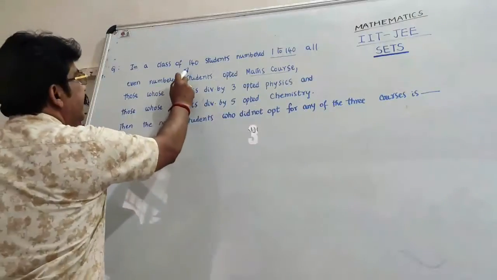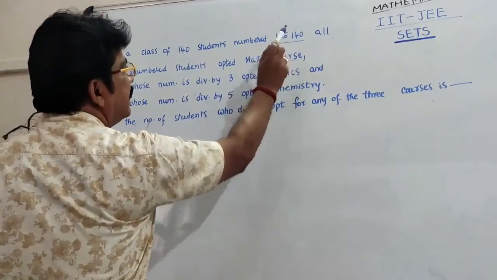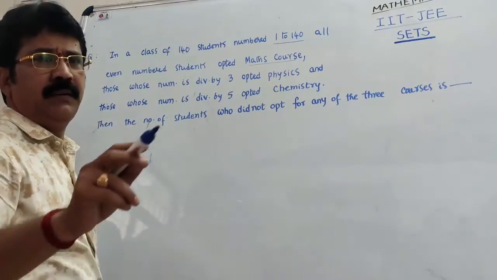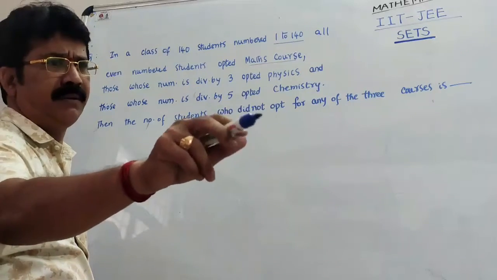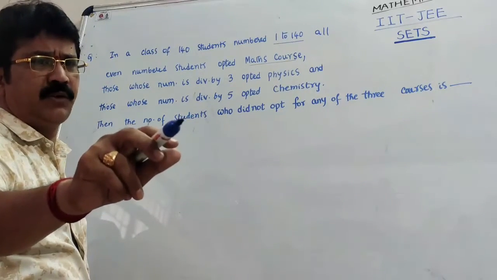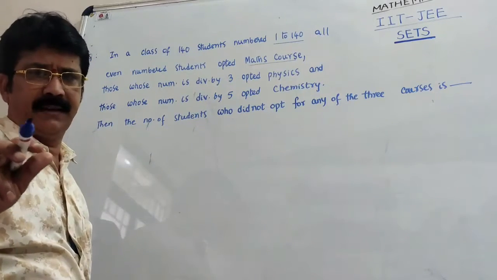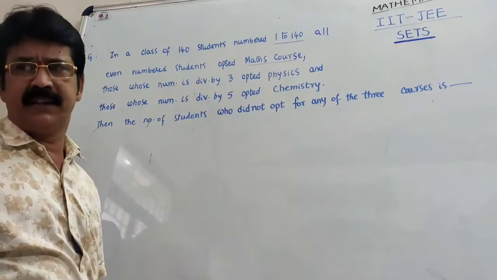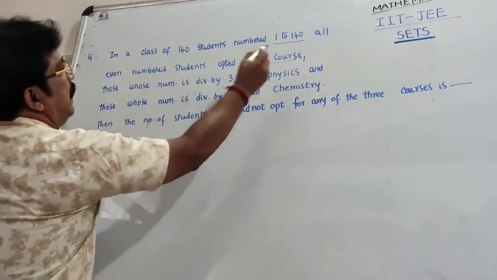Hence the problem. In a class of 140 students, numbered from 1 to 140, means what? 140 students are there. For the first student they assigned the number 1, for the second student the number 2, for the third, 3, like that. For the 140th student, they assigned the number 140, just like that. Okay. Next,